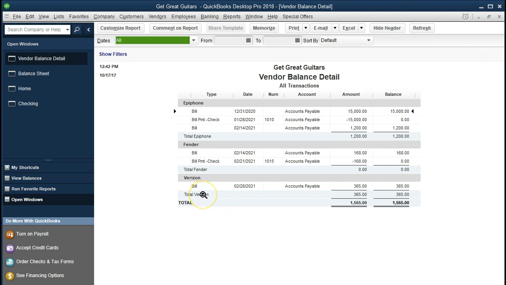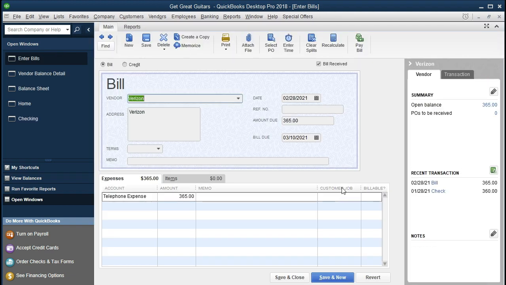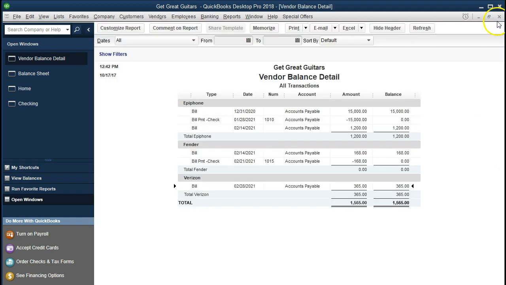We then see here the Verizon bill for the $365, double clicking on that. We see the bill for the $365. Closing this back out, we can then go to the income statement, or the profit and loss as it's called